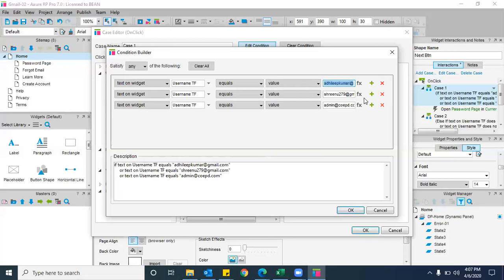And choose the top condition, either it is and or, in bracket all, or in bracket any.